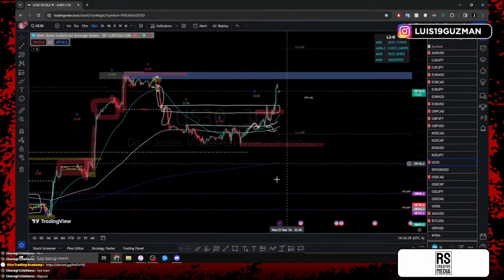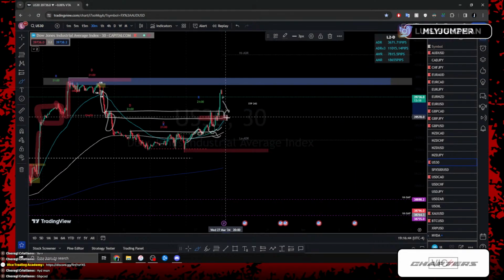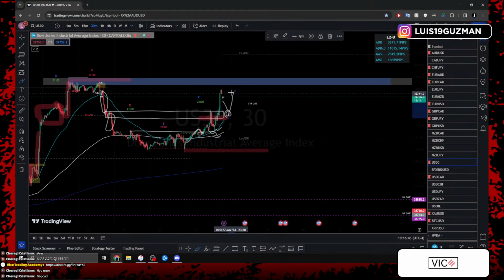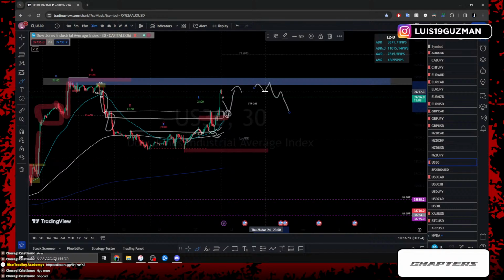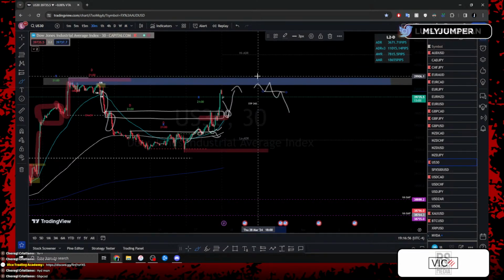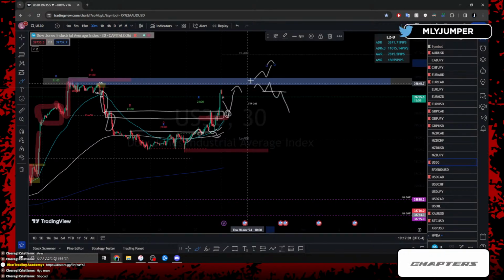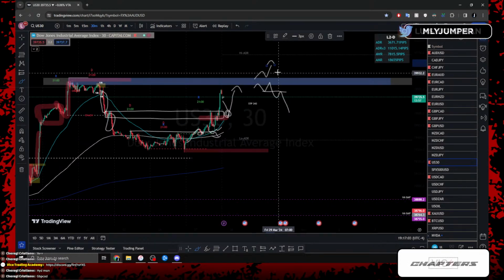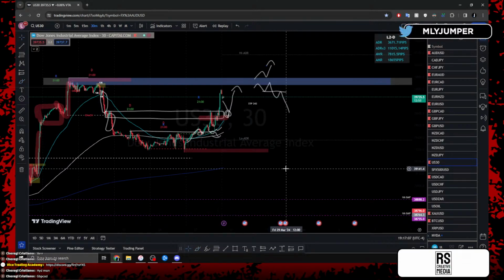We could be expecting price to be looking for two things. We're going to get a pullback first where we could get this entry, and our TP is going to be here at the high of the day. Once we reach the top of these zones, price is going to make a decision on whether it's going to retest and go back down, or break, retest the highs to go up. So we're either going to reject these highs to start going down, or we're going to break the highs, retest to continue that push to the top side.